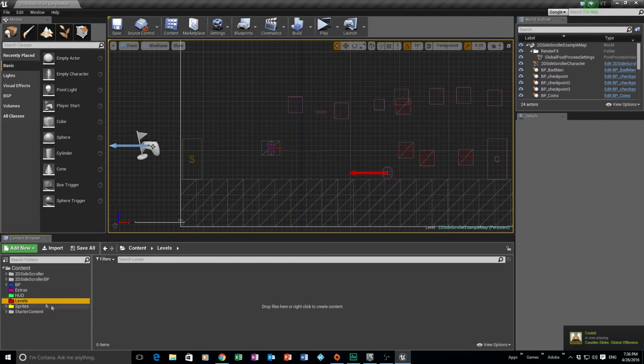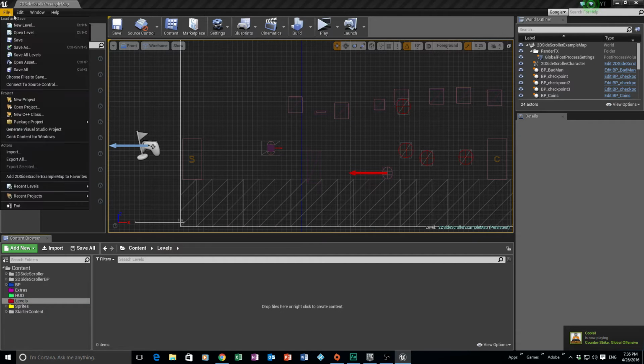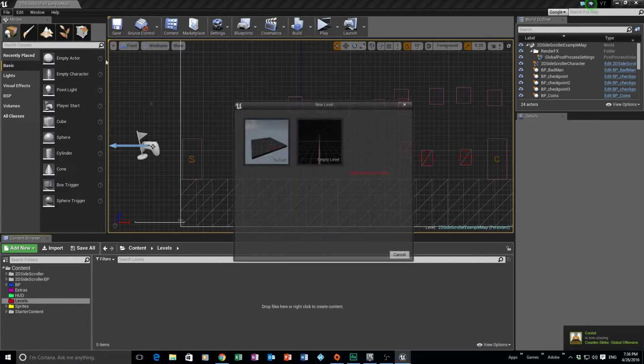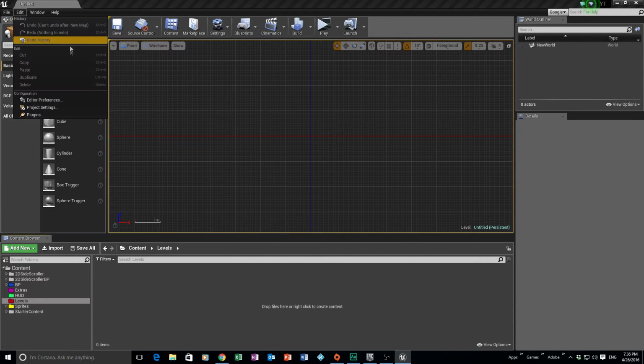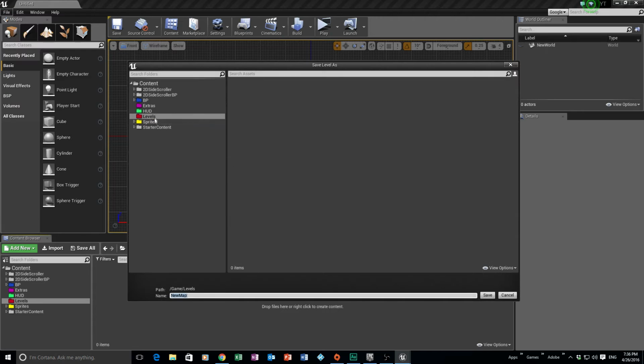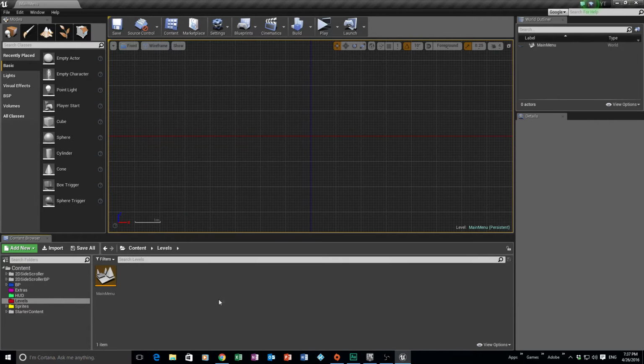Now, in Levels, we go to File, New. So we're going to make a new level. It's going to be empty. And we're going to go File, Save, which will allow us to save the level straight away. And we're going to call this Main Menu. So we're just going to call that one Main Menu, and that's pretty much it. That will be our main menu, which will be the very first map that will load in Unreal when you